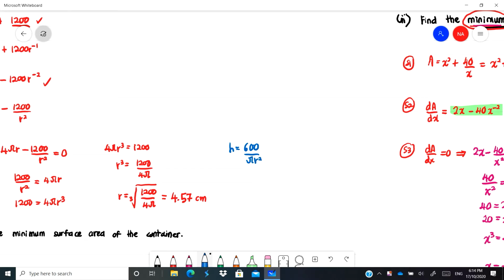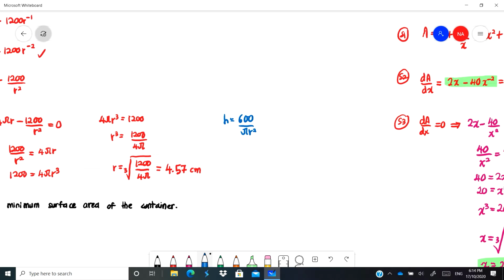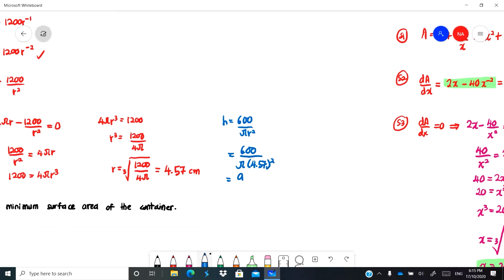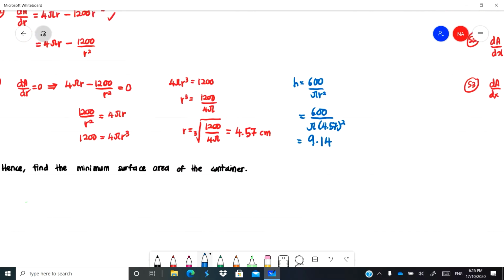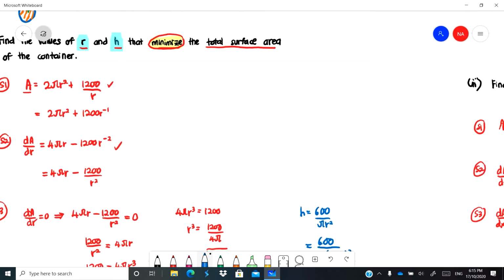Now we let r be 4.57. We'll get 600 over pi times 4.57 square. Pressing our calculator, 9.14. Alright, so now we already have the value of r and h that minimize the total surface area,